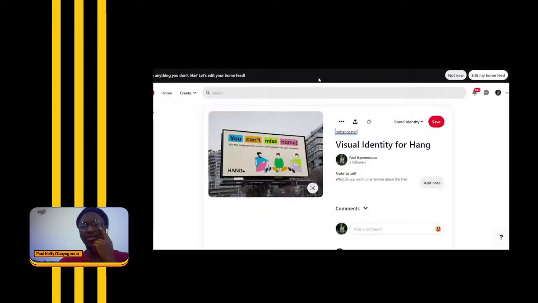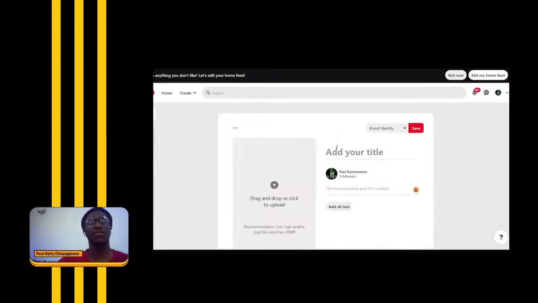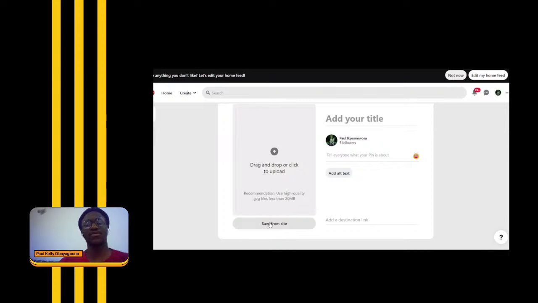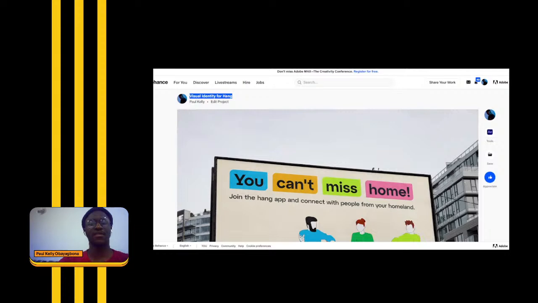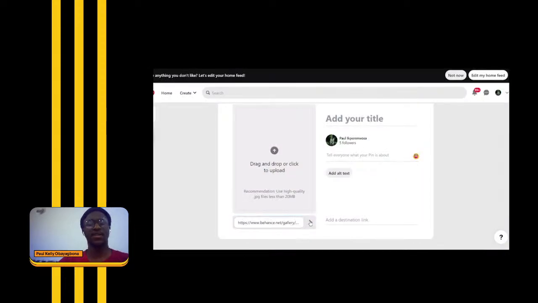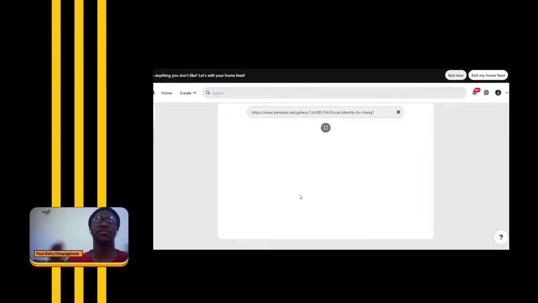The simpler way to do it is not enough, because having just one image, you don't know what particular visual cue people are looking for. So another way to do it is to just copy your link and then click on this save from site. When you click on save from site, just enter the website and click on, oh, sorry, that is not a valid URL. So you click on this and then it basically loads up the page for you,